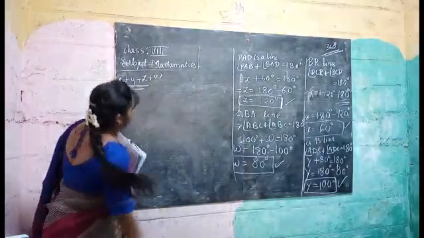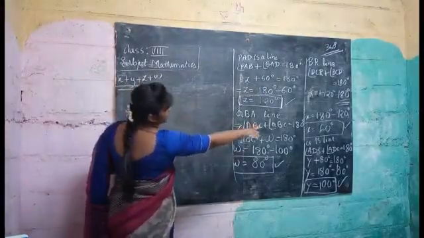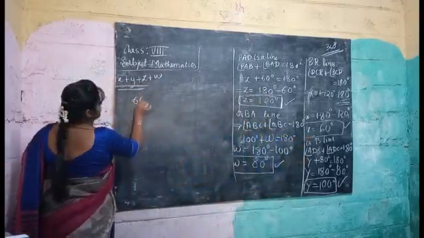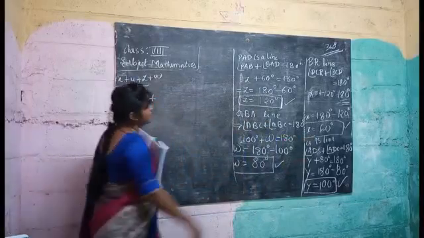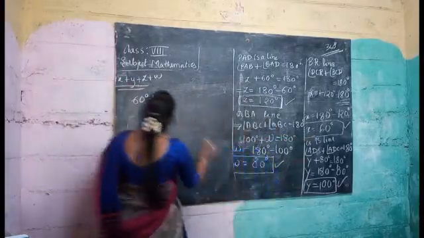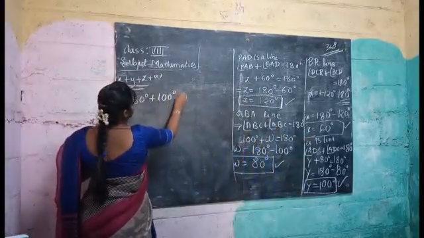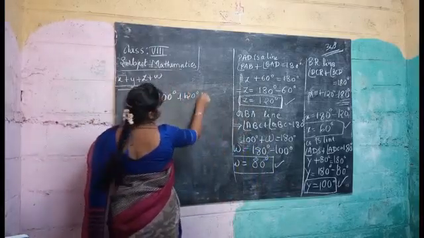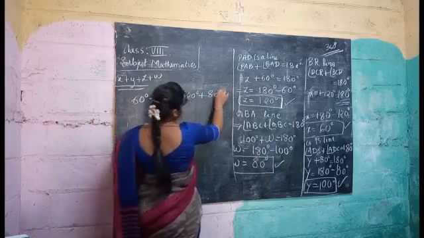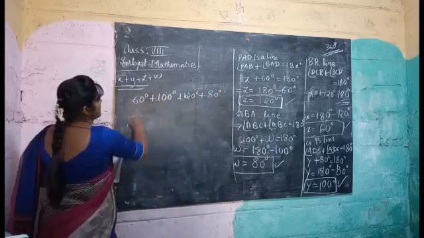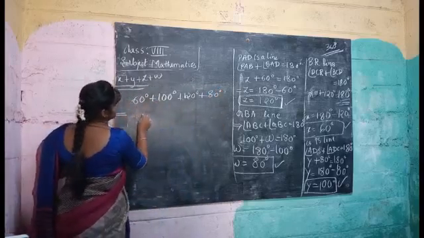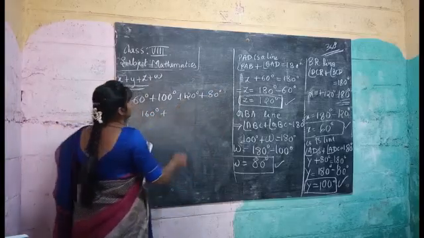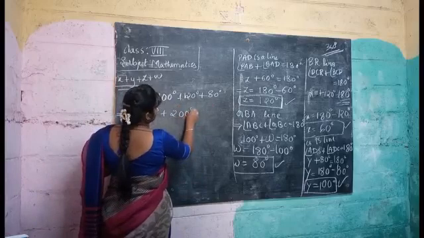Okay. We got X. Where is X? Here. X is 60. I am writing 60. Where is Y? 100. We have 100. Plus, where is that? 120. W is 80. All the four we have. Now add these numbers. 60 plus 100 will be 160. Plus 120 plus 80 will be 200. 200 plus